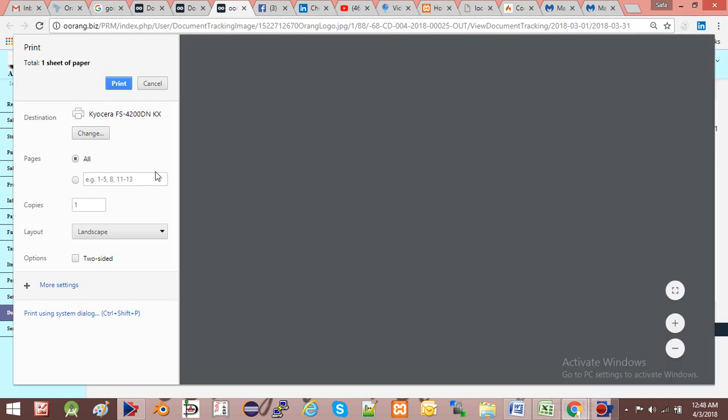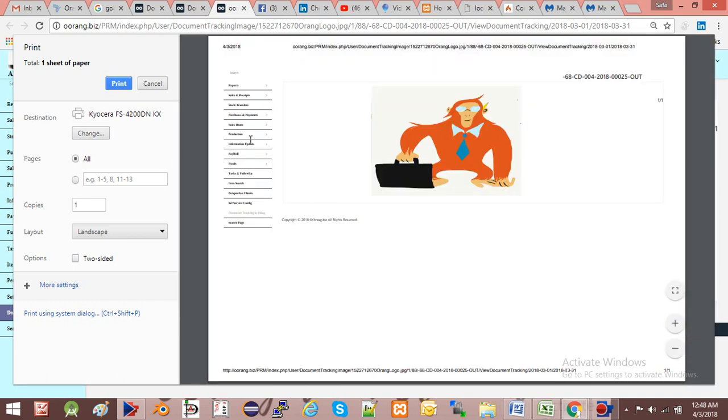This of course depends on the type of machine you're using. So here you have a printout of the image which the manager can view electronically and make a copy if need be. So let's cancel the print,